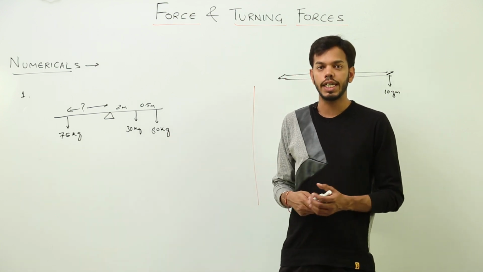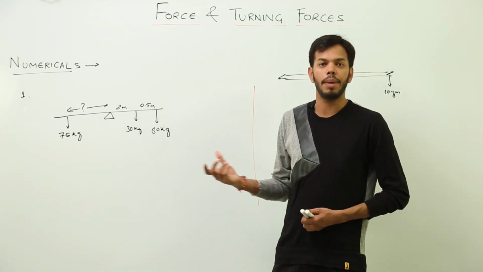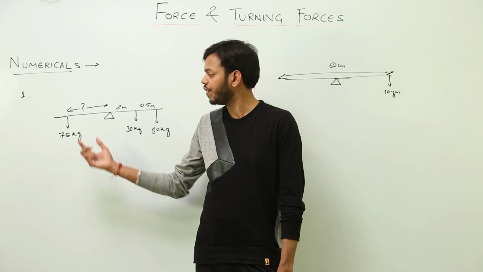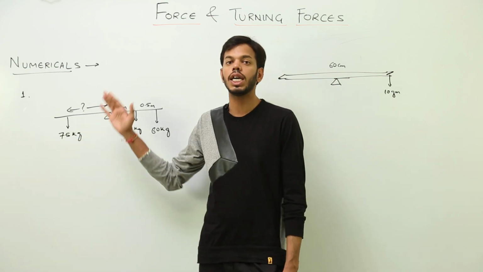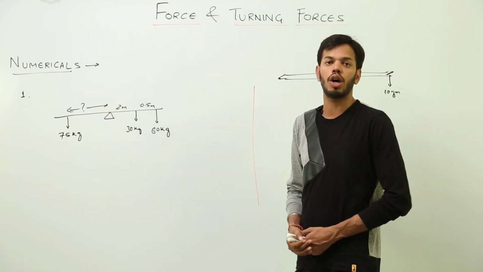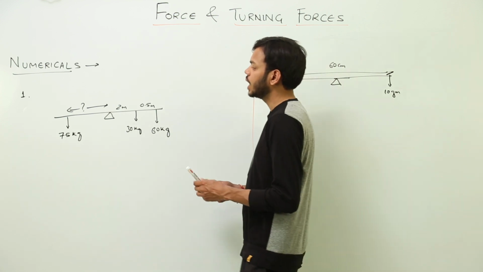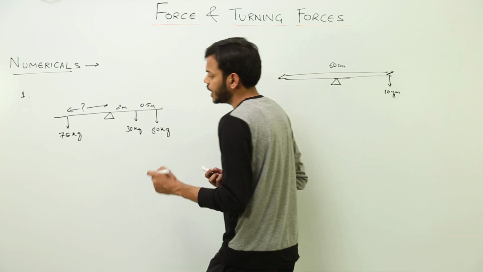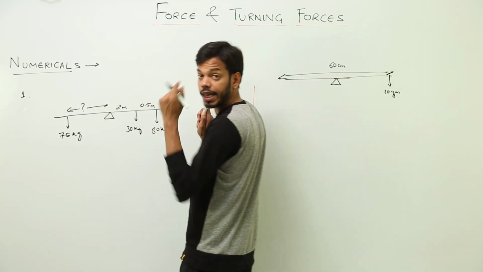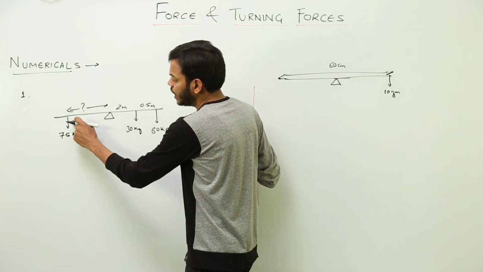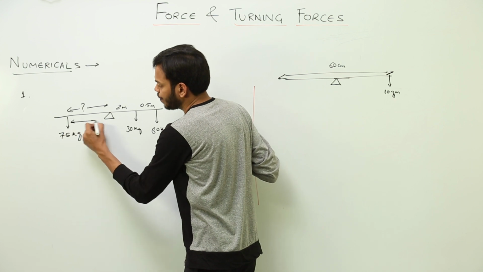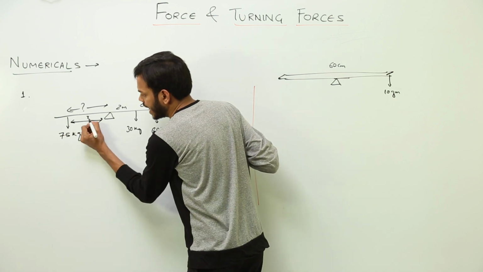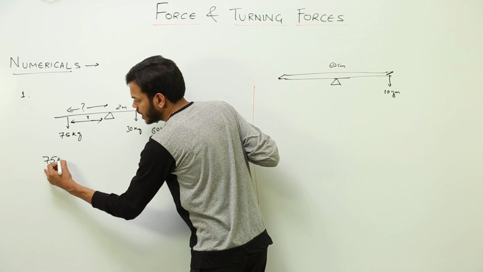Now the question asks, where should a man of mass 75 kg sit on the other side to balance the weight of these two children? So see, what we have from the principle of moments is that the clockwise moment is equal to the anti-clockwise moment. So whatever distance this man is sitting from the wedge, let us say this is x, so 75 times that x, because